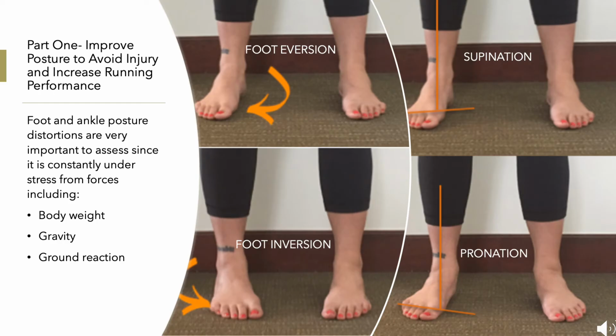All right, so here are some common foot and ankle posture distortions. If you look at the top left image on your screen, it says foot eversion. You'll see an arrow going laterally outward or curving outward. This is best described as feet pointing outward in the transverse plane. Also, forefoot abduction, meaning the forefoot is going away from the midline of the body,